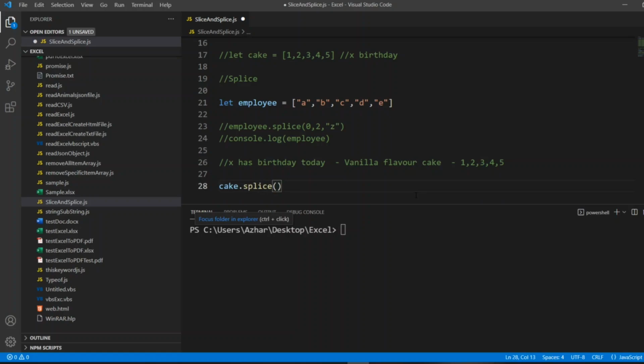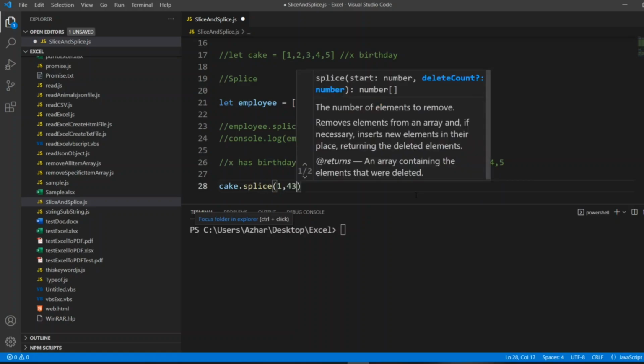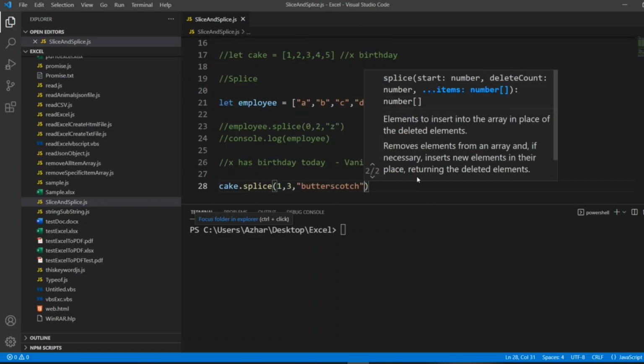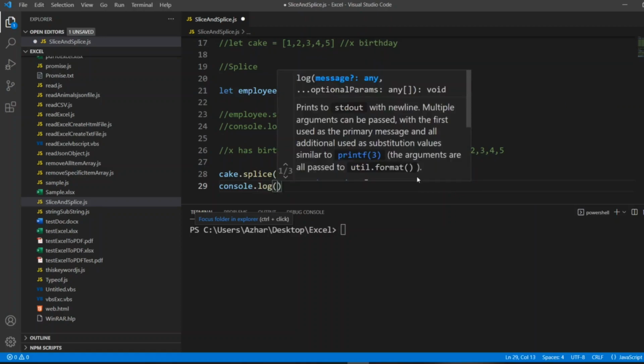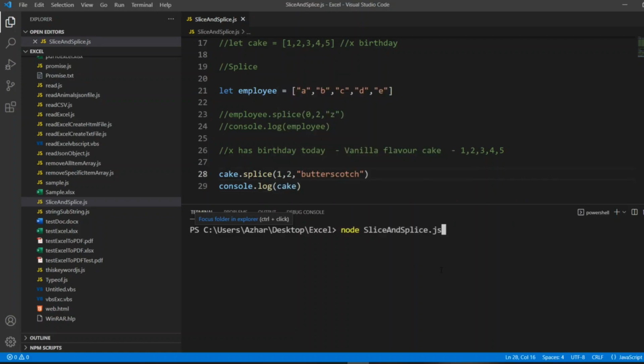I'll take from 1, 2, 3 so that only 1, 2 are removed, and I want to replace it with butterscotch. So if now I will print console.log of cake, so see the answer. Let me now execute it. See, so first is vanilla, 2, 3 are butterscotch, 4 and 5 are vanilla flavors.